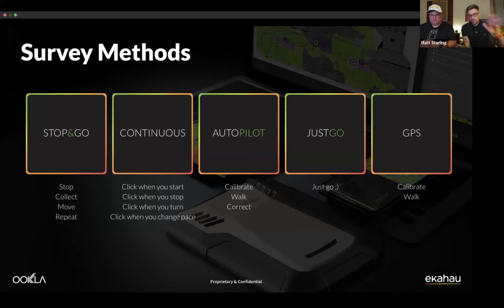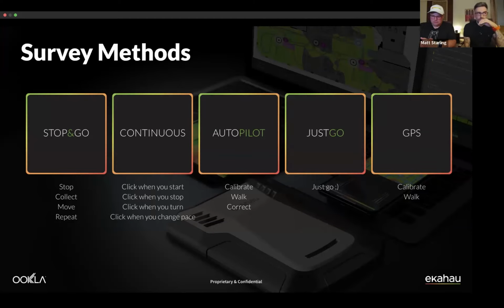We've got a little clip for you demo on the next slide, but before I jump to that, the last one I want to give a shout out to is the GPS survey method. And I know we spoke about this quite recently. Some of the customers you've been speaking to that do, let's say, mining, for example. Even if you want to do an outdoor survey of a city, for example, you don't have to do a GPS survey, because if you import a floor plan of the Apple Maps or Google Maps, whatever map system you use, you will see that there's reference points that you could do a continuous survey or an autopilot survey and tap as you walk around the outside.